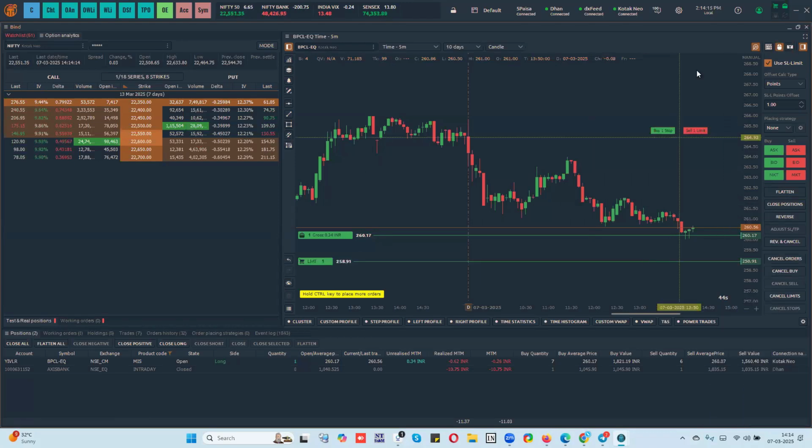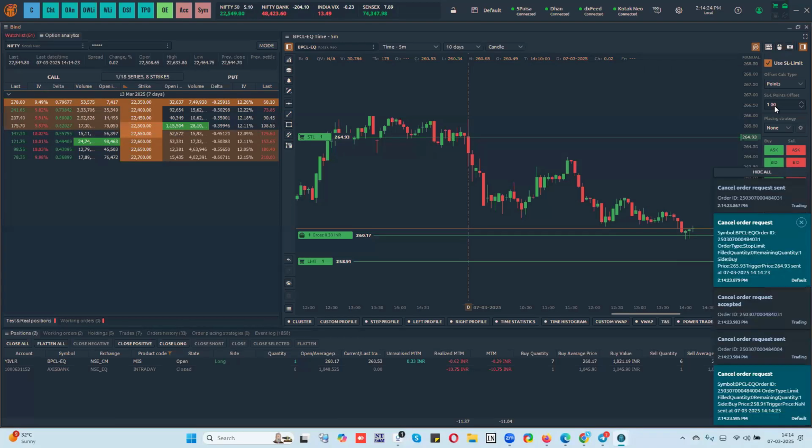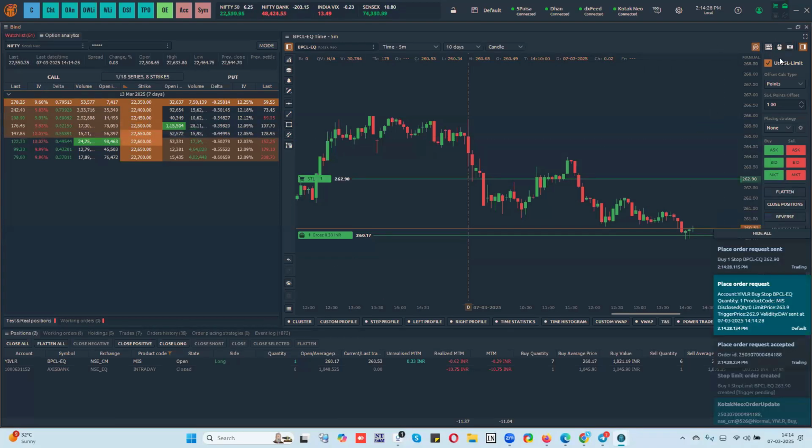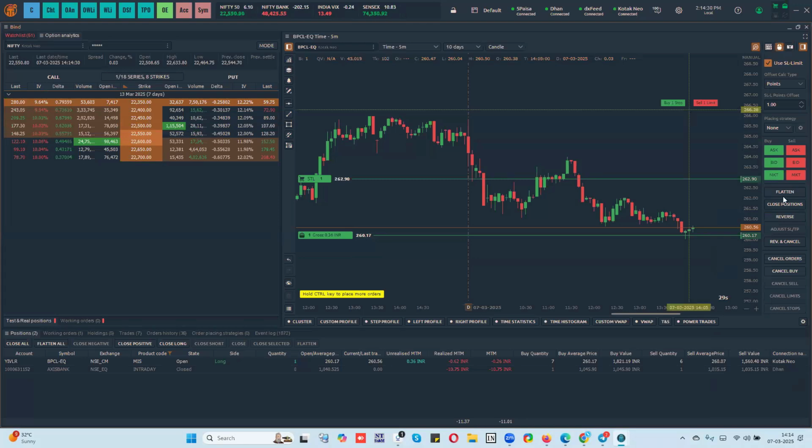Now I will place a few orders here. Buy stop. So I have different orders now, and automatically the order types get enabled. If I click on cancel buy, the buy orders will be cancelled. Now I have buy stop, sell limit. I can see that I have the close all position and flatten options and the reverse option.